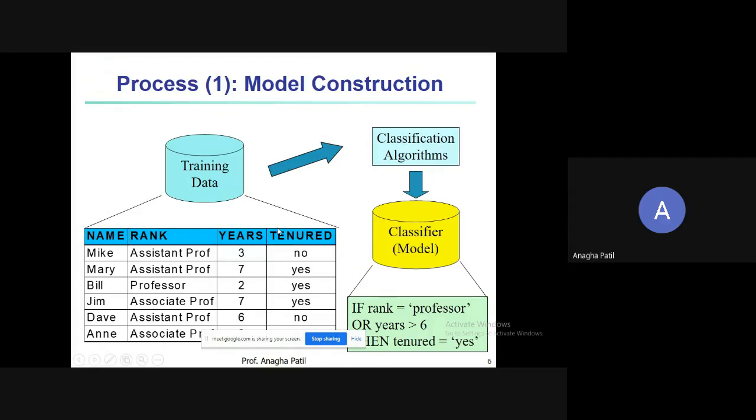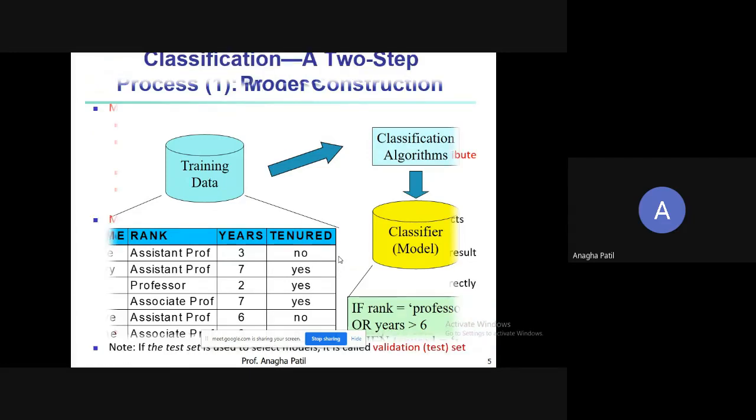Once you know the class label, what are the possible values for it? The possible values would be yes and no. You can see it over here. So you will have two class labels: tenured is equal to yes and tenured is equal to no. Whichever record is provided to you, it would be classified into one of these two classes, either tenured is equal to yes or tenured is equal to no. Simple. So that is how we get the class label.